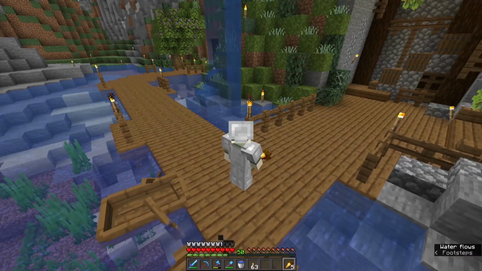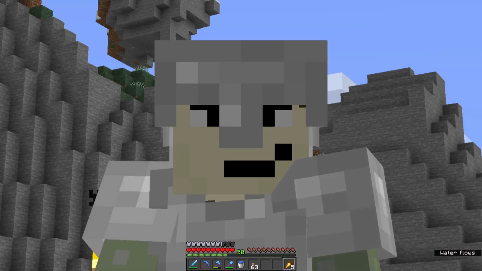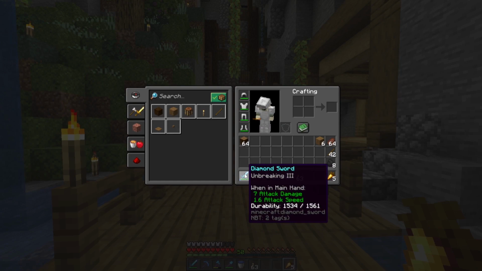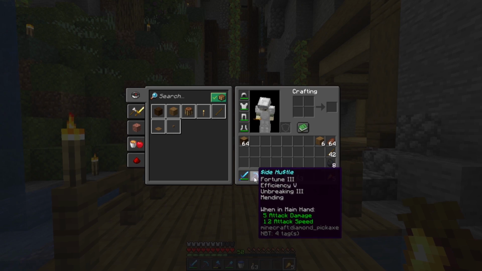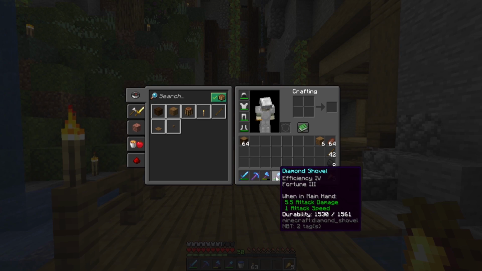But the bad news, I died. That's right, I died, and I lost most of my gear. If you take a look, I've got this stupid sword, although it doesn't have Bane of Arthropods, so I would say it's actually better now. We did have the side hustle, which I did upgrade to efficiency 5, put mending on it, and we did end up getting a better axe out of it, although our shovel isn't great. It's not unbreaking. I wish it had unbreaking, but it's Fortune 3. A Fortune 3 shovel is not very